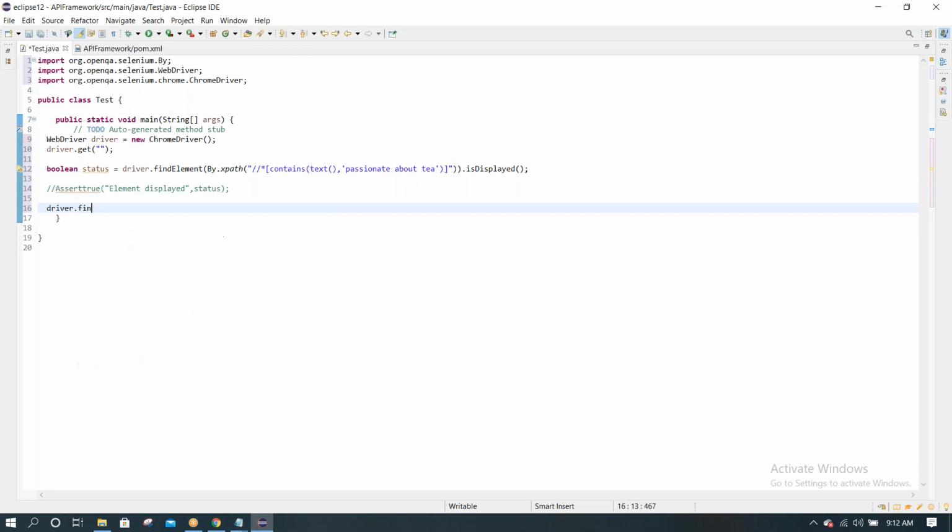Driver dot find element by XPath. Okay. Now we can verify with is displayed. Again, we can store it in a Boolean variable and we can verify directly with the assertion. Let's say we want to verify that text as well. What text it is displaying, capture that and compare it. If both are equal, then say pass, else fail.